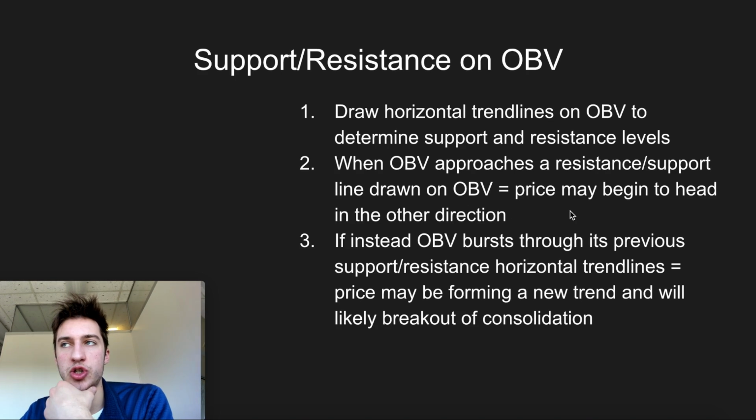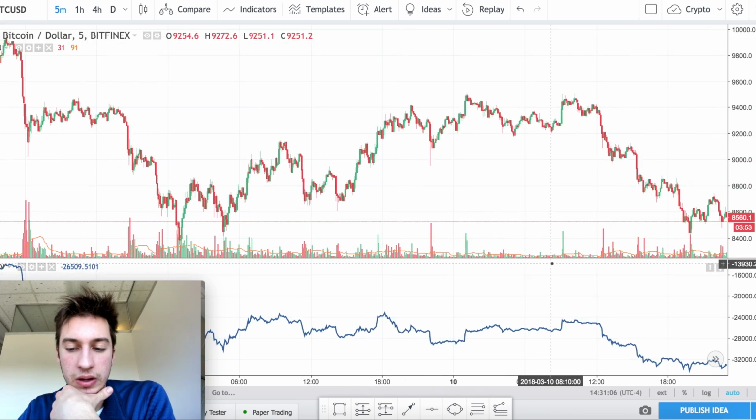There are two ways that you can trade this. One, if you see OBV respecting a previous resistance or support area, well, then price is probably going to head in the other direction, naturally. But, and this is probably the main way that I use it to gauge breakouts, if you see OBV just burst through a previous resistance, like let's say,